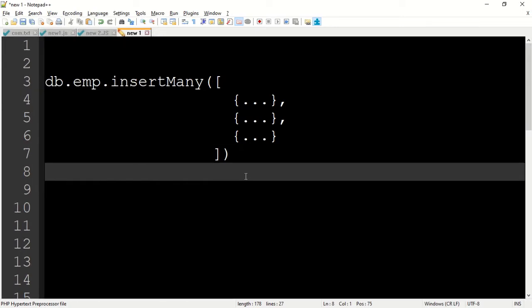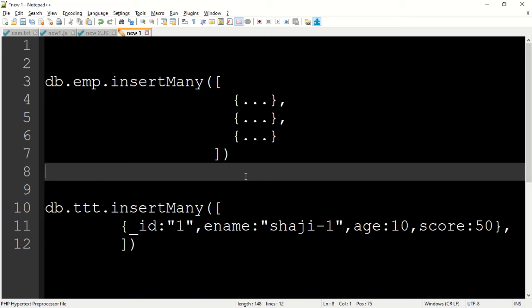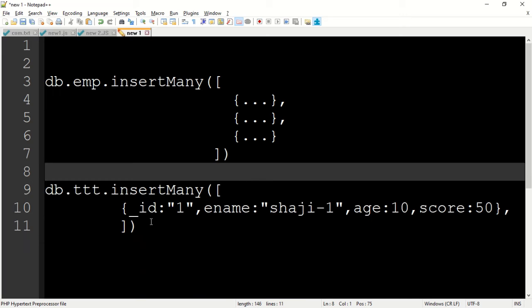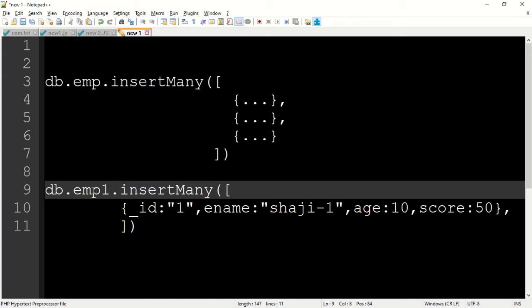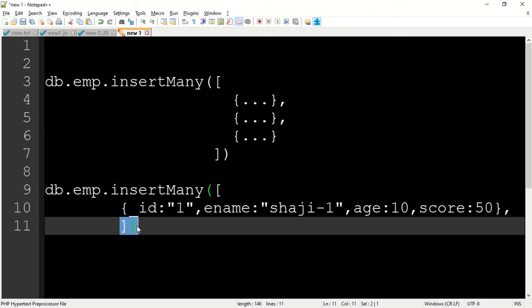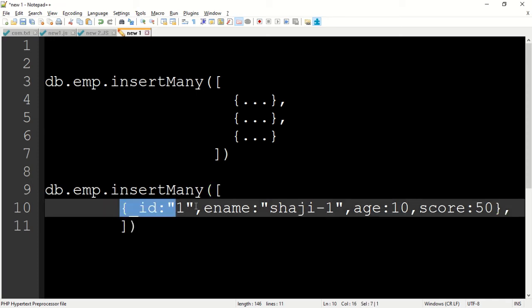So let's see an example of it. Here we are doing insertMany. Here we write emp1, okay, sorry, emp. Then say insertMany, bracket open, bracket close, and this is our JSON document, one document.